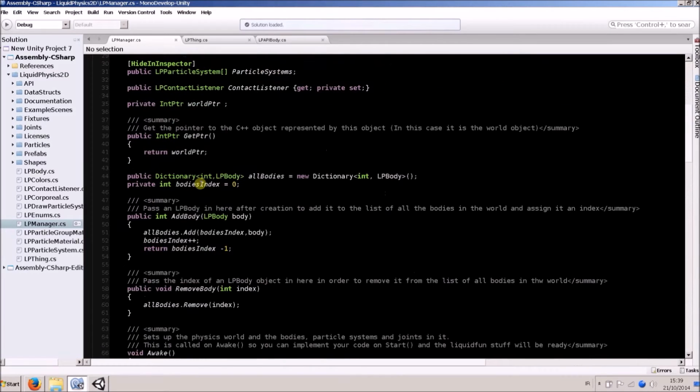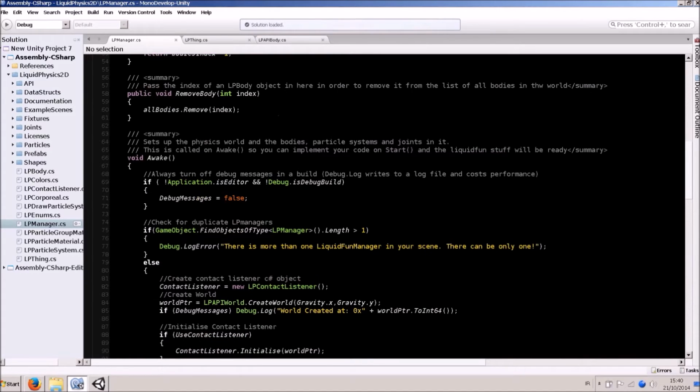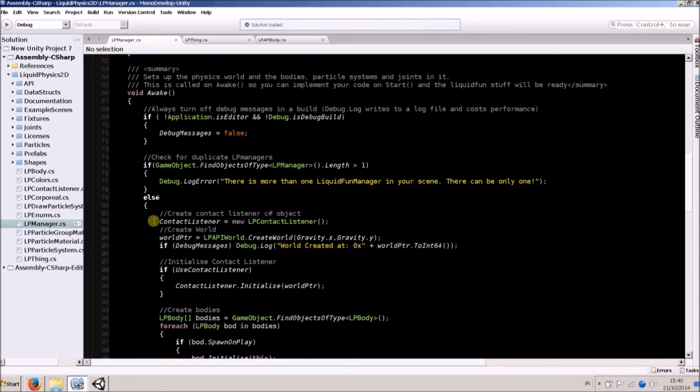So I'll just keep going down through this class, and we see the Awake method. I do the initializing in the asset in the Awake method because it's called before Start. So you can do anything you want in the Start method, and all the Liquid Physics 2D stuff should already be initialized, so you hopefully won't get any problems there. Now if we have a look in the Awake method for the LP Manager, there's an